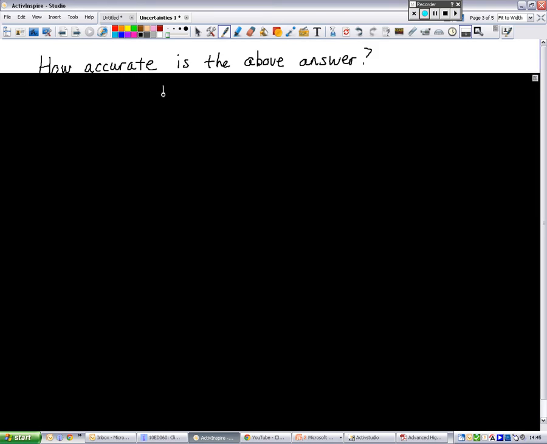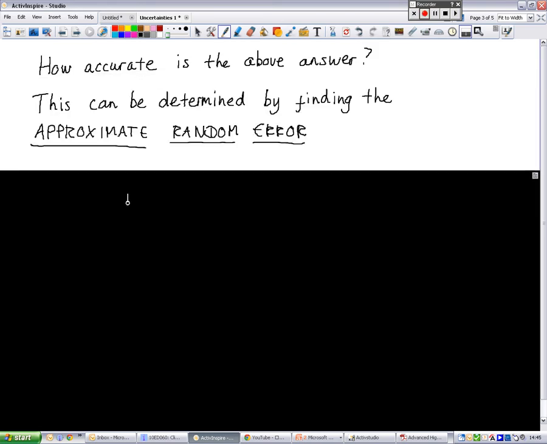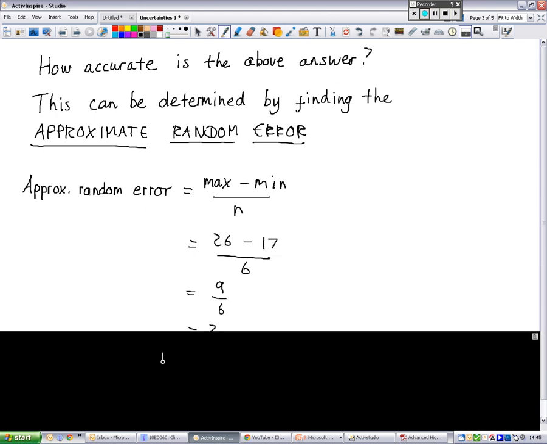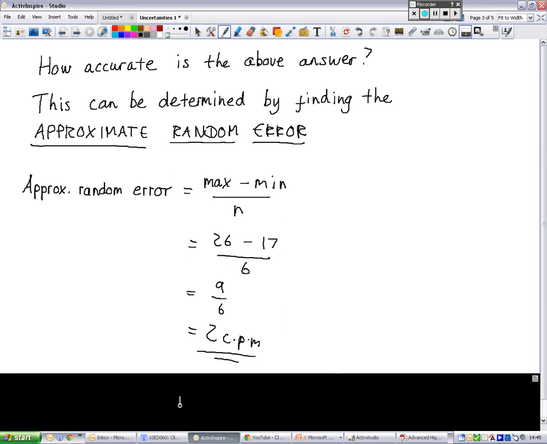So we asked ourselves the question how accurate the above answer is. It's not 100% accurate, so there's a margin of error within that, and that's what we call the approximate random error. That does take into account the whole spread of results rather than just being an average of the results. So we calculate that by taking the maximum value, taking away the minimum value, and dividing it by the number taken. So we figured out that that was 2 counts per minute was the approximate random error in the mean